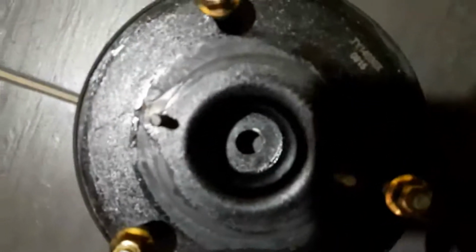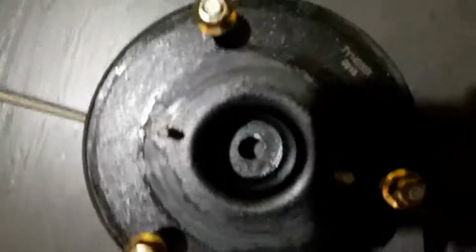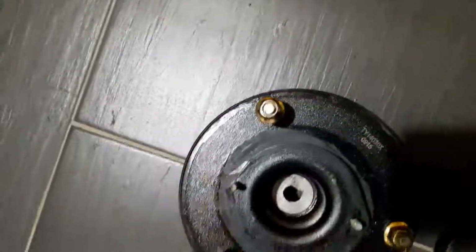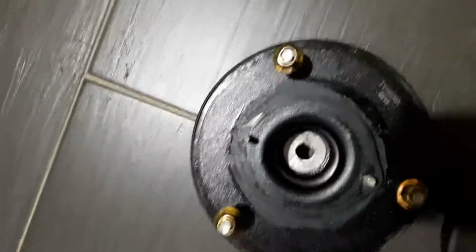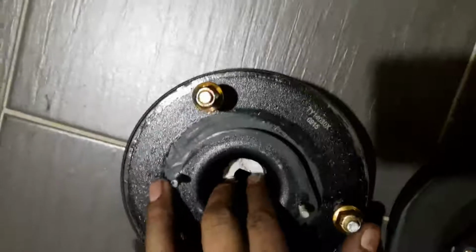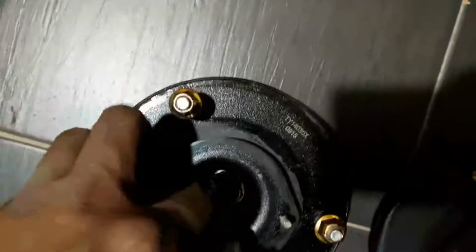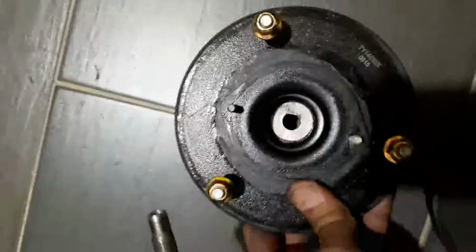Basically, I drill out the D slots, I rim it out so it becomes completely round, and I made this D slot plate 1mm thick. So what I plan to do is I plan to put this in here, and then I put the shocks in and I align it correctly with the nut and tighten it down and get a good welder to weld the plate on the side here, and then I remove the nut,